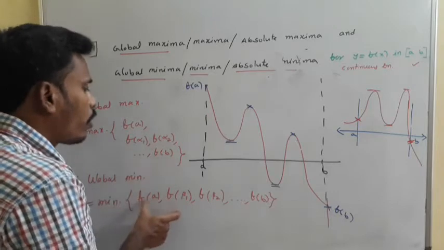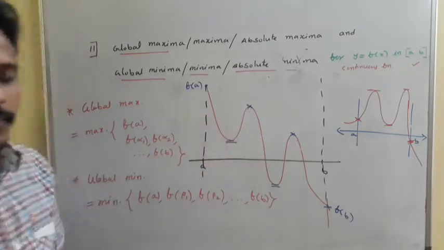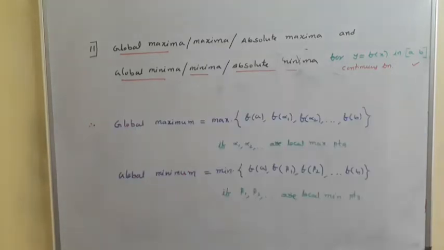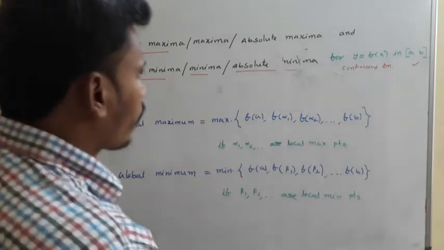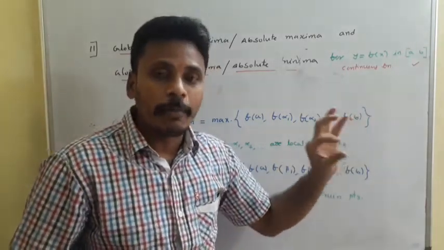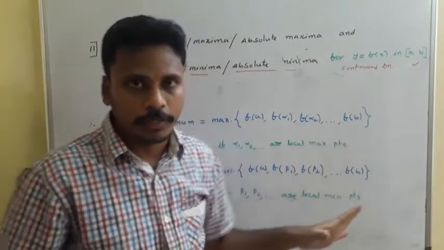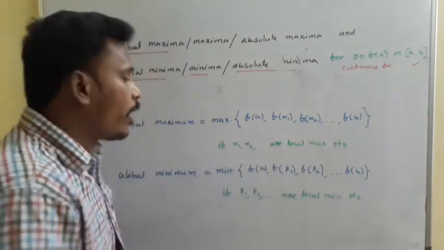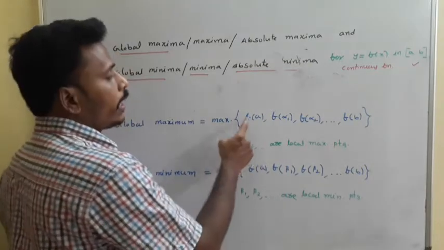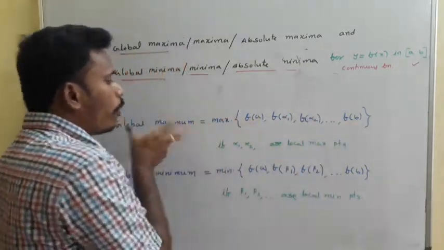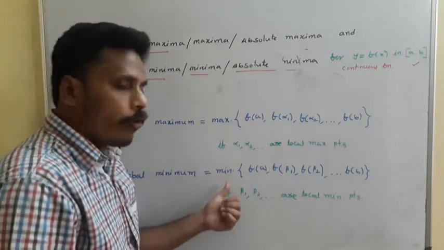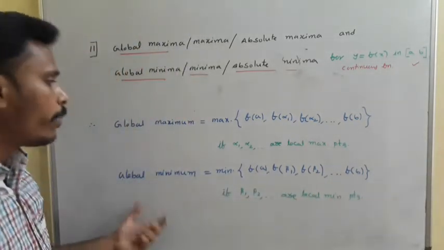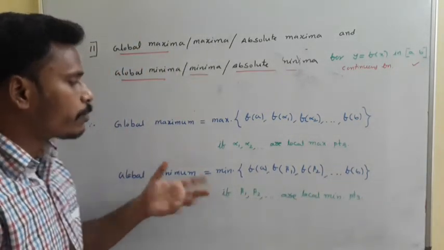To finalize this rule, I just moved with these graphs. Okay, have a look. Finally, from the discussion, we conclude that first of all, for the given continuous function, we need to find local maxima and local minima points. If alpha 1, alpha 2 and so on are local maxima points, then the maximum value of the functional values at these points included with f of a and f of b is the global maximum, and the minimum value of the functional values at these points included with f of a and f of b is the global minimum. How we derived it? Just by observing the graph.